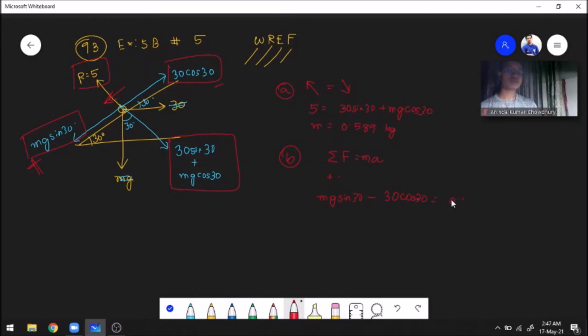a. We know the value of m, but let us write m since we have written m here. This m we just found in our previous part. It is 0.589. So we know everything in this equation except for a. That will allow us to find the value of a. That will be 4.9 meters per second squared. So your math is done.